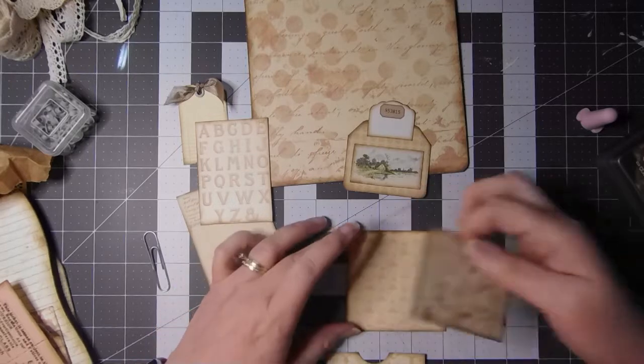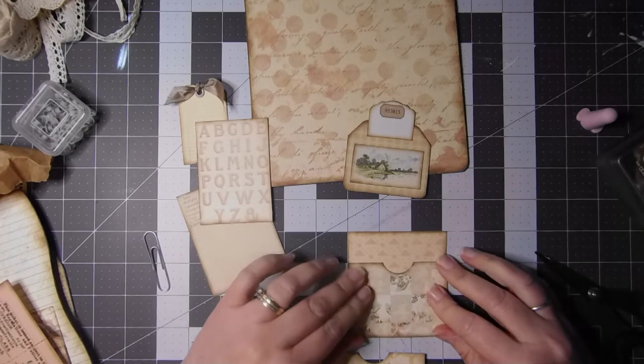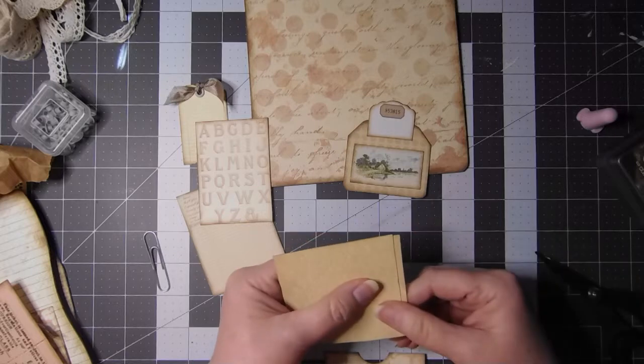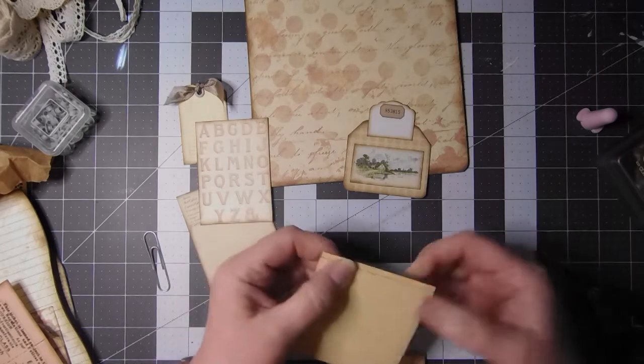All right, so about 1 inch, I'm going to line that up on there and place that down. Well, probably could have added a little bit more glue, but I think it'll work. And these are not perfect